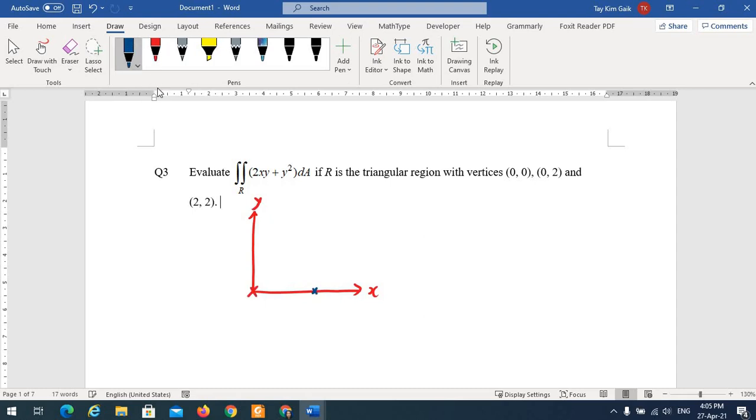This is 0, 0. This is 0, 2. So you have 2, 2. If x is 2, y is 2. Say this point is 2, 2. So you want to evaluate,